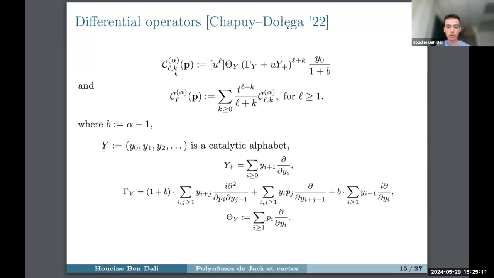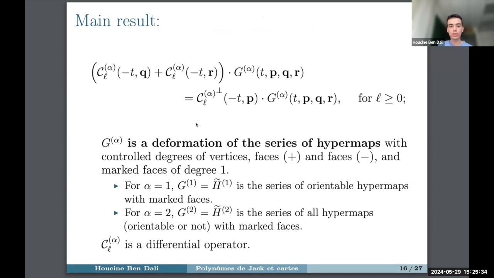So here we add some edges, and then by the end, we just forget that we have the root by applying some operator theta y. So this alphabet of variables y_i's just appears in intermediate steps, and they're forgotten by the end. And that's why they are called catalytic alphabets. And this is precisely the kind of operators which appear in the differential equations here. So I still have not defined the dual of CL, but I think that it will come in a few minutes. And so here we have the definition of this operator CL, and now we try to define